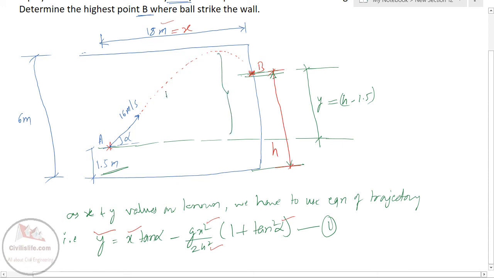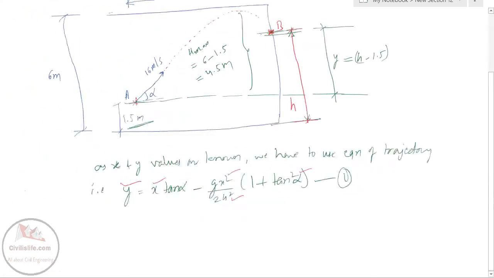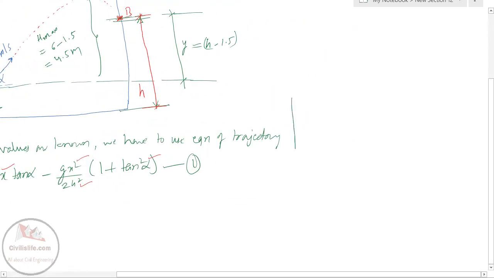So h max is equal to 6 minus 1.5, and it is 4.5 meter. So use that h max to find alpha. That can be found, h max is equal to 4.5 meter,